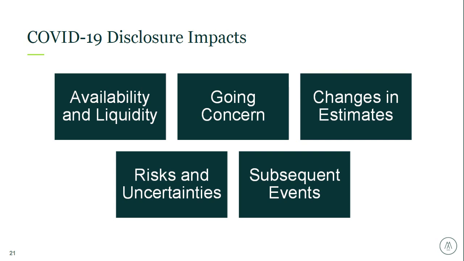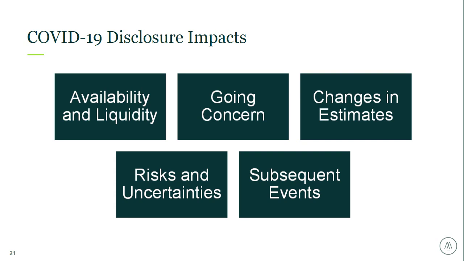One of the biggest areas of concern, and one of the most unfortunate things, is that a lot of organizations are in a situation where the totality of events and circumstances raise substantial doubt that they will be able to continue operations for a period of 12 months from issuance of their financial statements. So with that, that requires some additional going concern disclosures, potentially an emphasis of matter paragraph within your audit opinions. But again, just given the economic environment that we're in, that is something that we are seeing increase in prevalence.